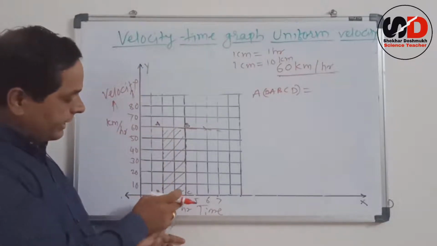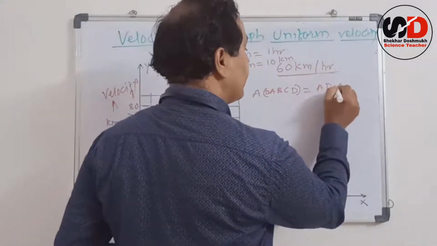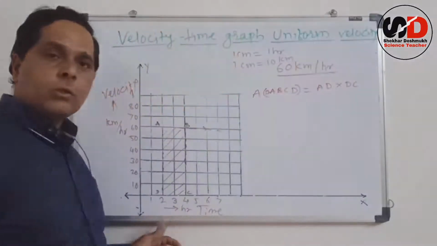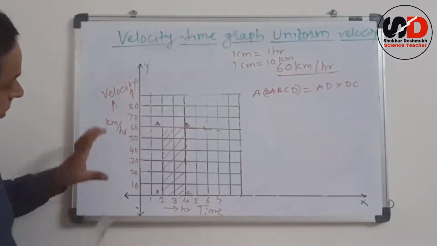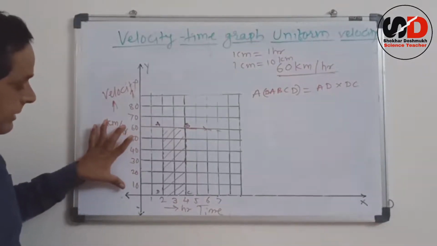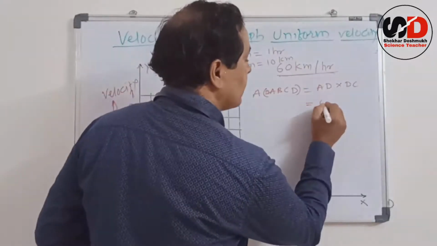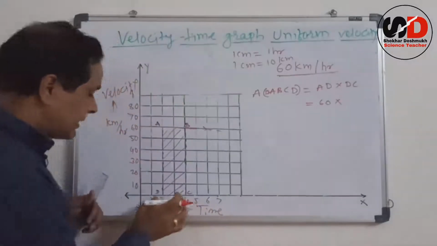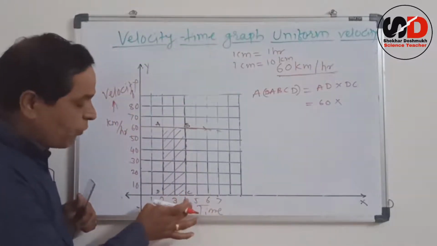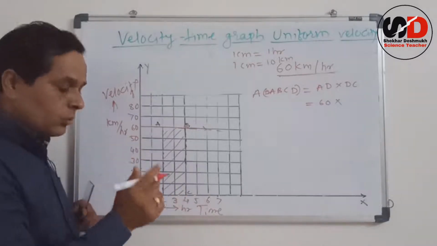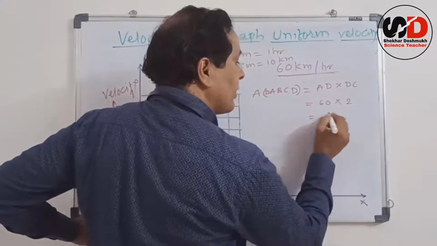So AD into DC. So put the values there. AD is on the y-axis, it is nothing but 60. So it is 60 into DC. What is DC? DC is nothing but 2 to 4. That means 4 minus 2, so it is 2. So we get